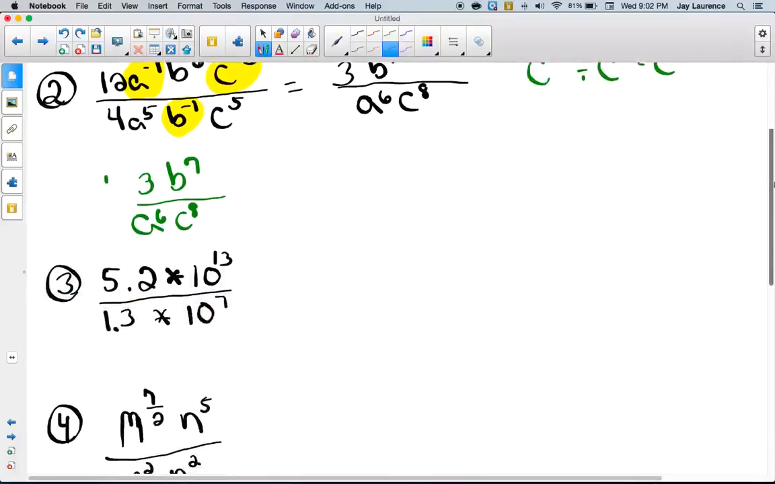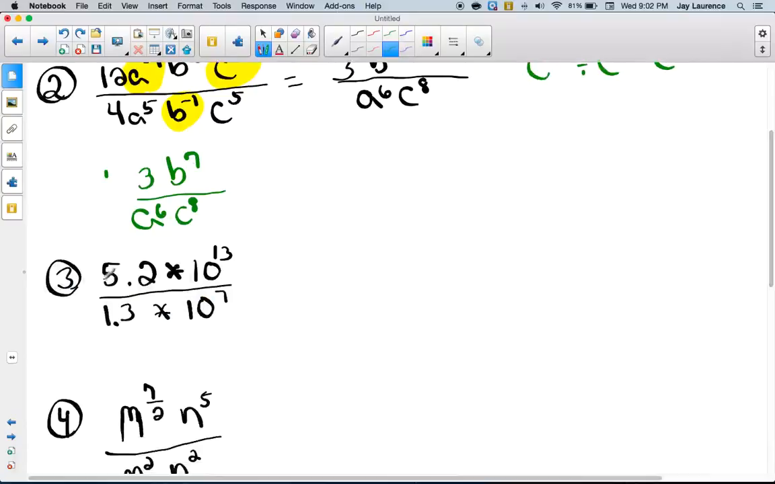Okay, so this one here, I want you to write the answer in scientific notation. Well, I'm going to do it just like the other problems. Like, for example, 10 to the 13th divided by 10 to the 7th is going to be 10 to the 6th. Okay, so I'm going to have a 10 to the 6th. Now,